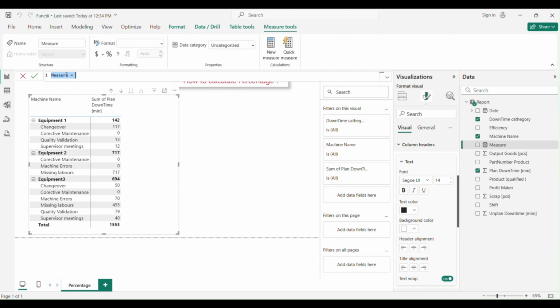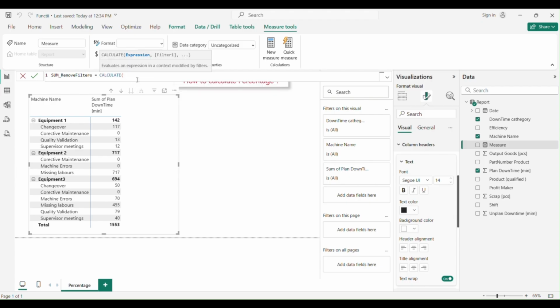In order to start calculating percentage, we need to add our first measure. Let's call it sum remove filters, because we are going to use CALCULATE and also REMOVEFILTERS. So we'll say sum remove filters equals CALCULATE, which will filter our data.